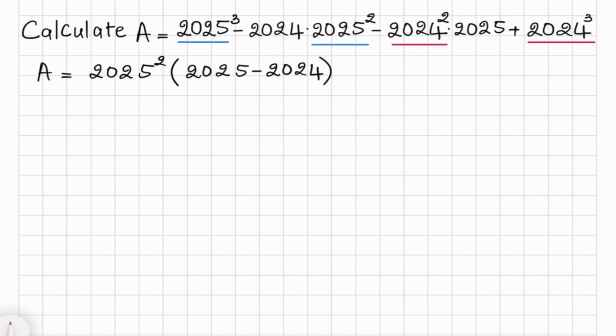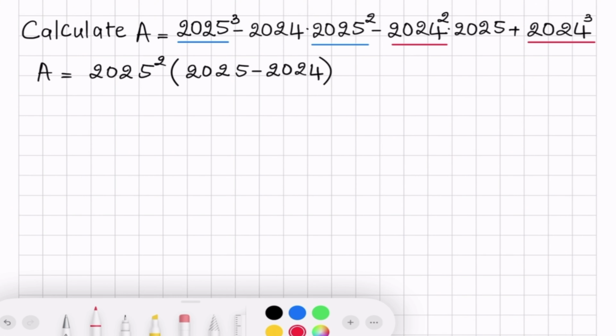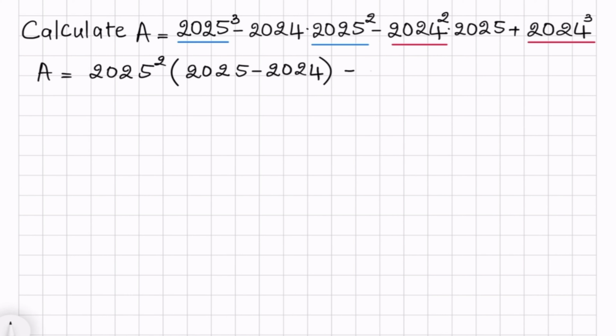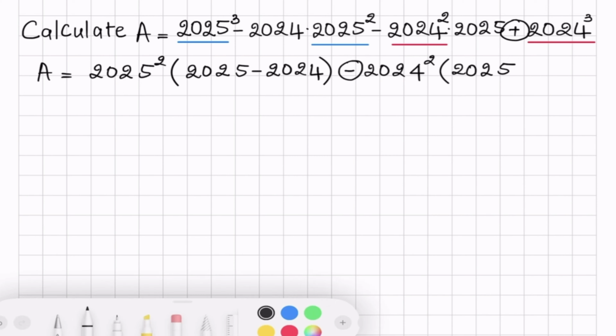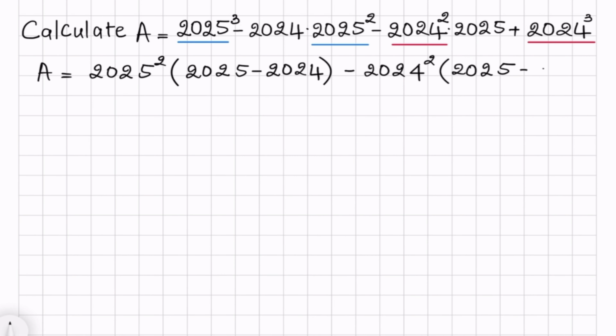2024 cube, so we can take negative of 2024 square in common, and then it will be 2025. So the sign here will change because we take the negative sign in common, then it will change to negative 2024, okay? So now we got here is 1 and here is also 1, so it will be 2025 square